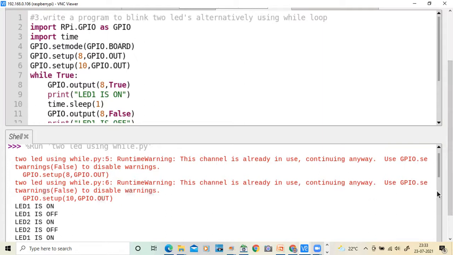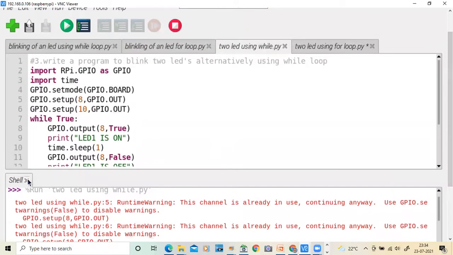Use GPIO.setwarnings(False) to disable the warnings. Actually, the 8th pin and the 10th pin were already used in our previous program, so that is the reason it says the pin is already in use. If you don't want this type of warning, you can just type the statement GPIO.setwarnings(False). But anyway, we are getting output, it is a warning only.